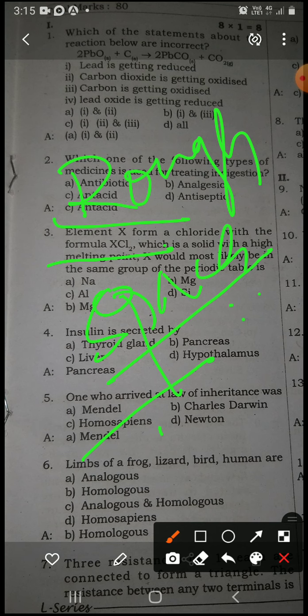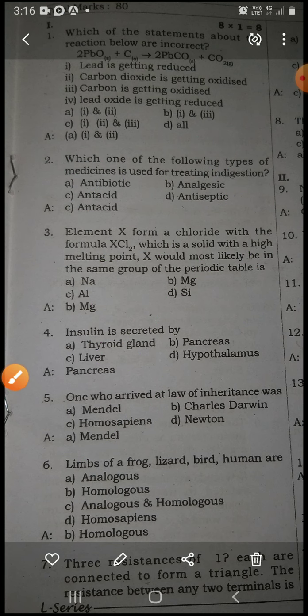You can just circle the right option, making sure of it, because once you circle the right answer, you won't get any second chance to correct it. You have to keep that in mind. That's it, fine. So the first question is over.